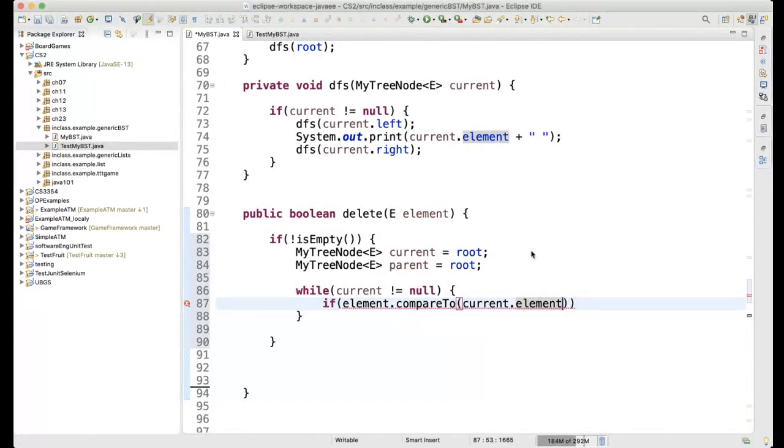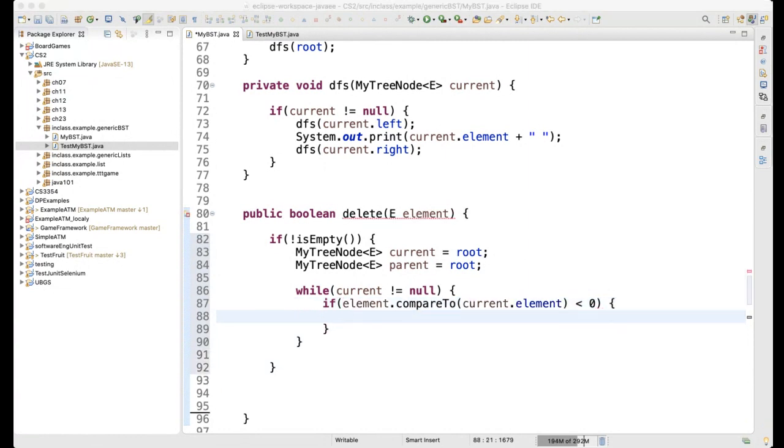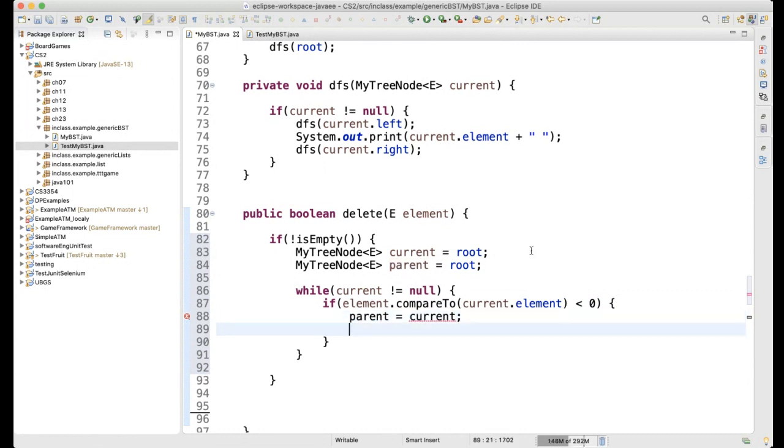If the result of this comes back as less than zero, a negative number, we know that this element is smaller, so that's going to be on the left side of our node. And so we have to keep going. So the parent now becomes the current, and the current becomes the